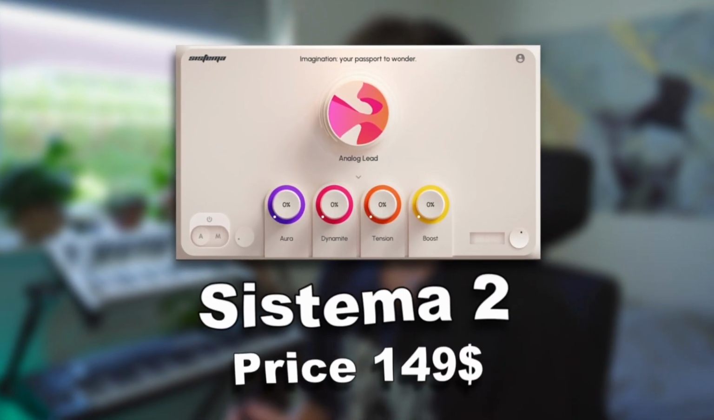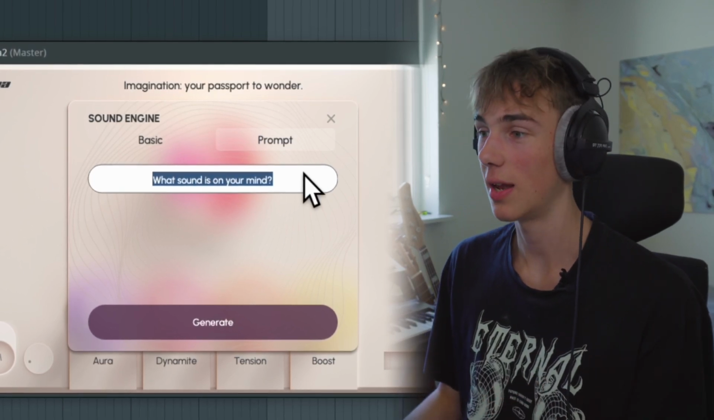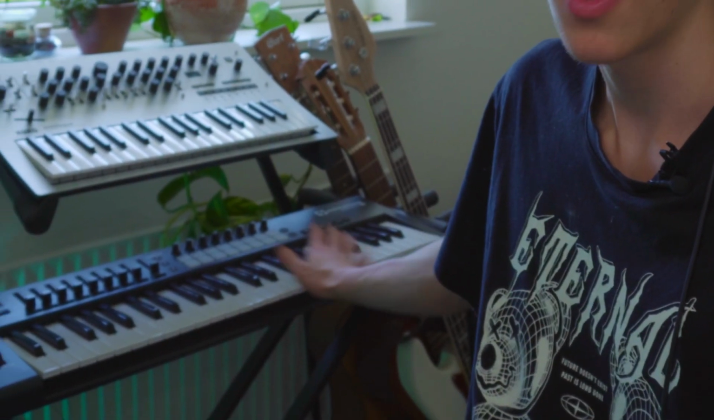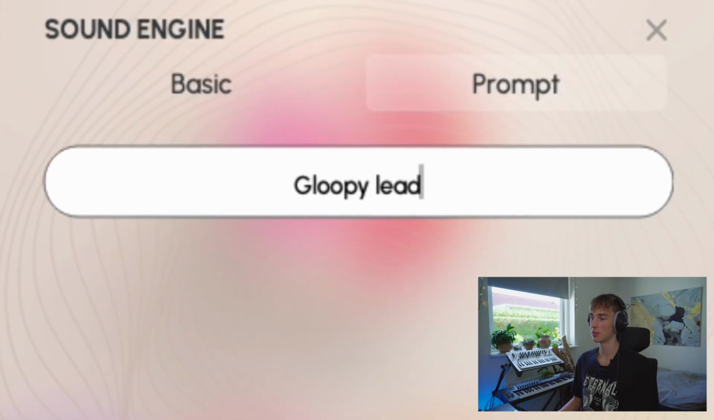Alright, so now onto the third thing, which is Systema 2. Now this plugin I've been excited to test out because I haven't tried it yet. So this is an AI synth generator. So you can generate any type of sound you want. Just type in a prompt and it will create a sound for you that you can play on your MIDI keyboard or click in the MIDI like a regular instrument plugin. Let's say I want a gloopy lead. Let's generate that. And then if I play that over here,